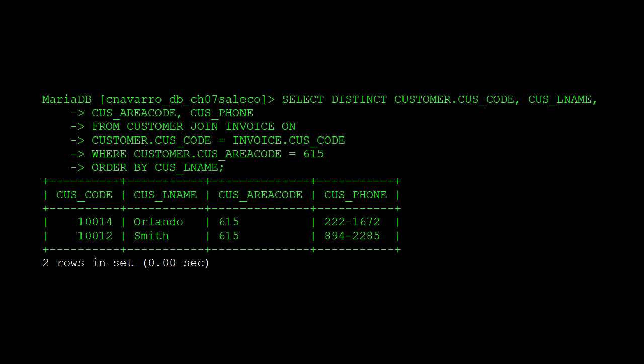Most of the fields come from the customer table, but you will need to join the invoice table in order to only display customers that exist in both tables, which means the invoice table. So select distinct customer.cuscode, cus underscore L name, cus underscore area code, comma, cus phone from customer table, and then join invoice table on